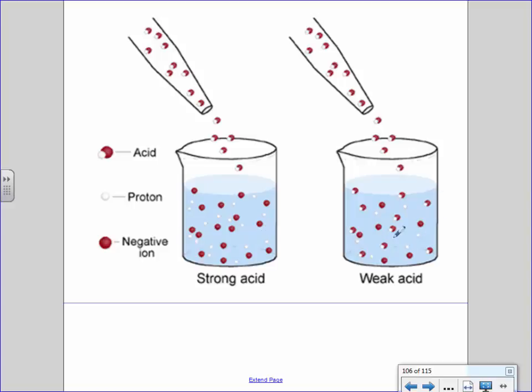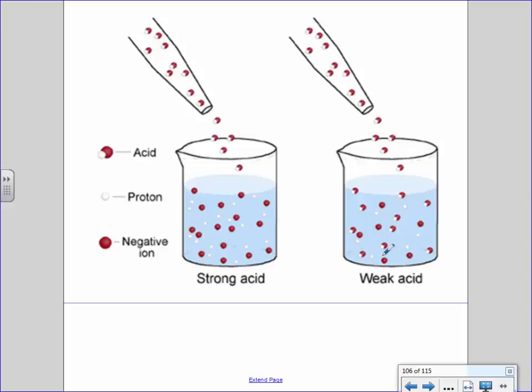However, in a weak acid right here, a couple of the couples remain together, right? And so even though these ones broke up again after prom, say, this one and this one and this one and this one and this one, they're still together. It's a silly analogy, but does that help illustrate the difference between the two? So one more time to say this. Strong acids are not strong because they conduct. Strong acids are strong because they always break up. Always, 100% of the time, basically. And because they always break up, then they conduct. Weak acids are not weak because they don't conduct well.